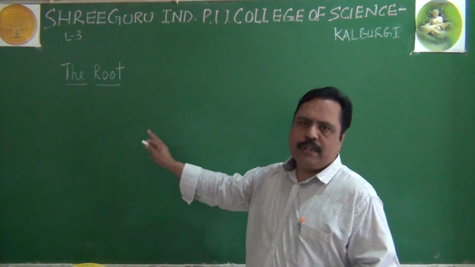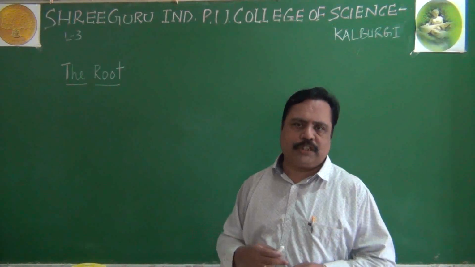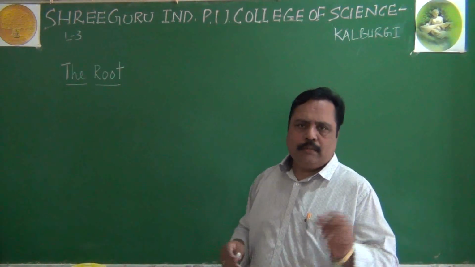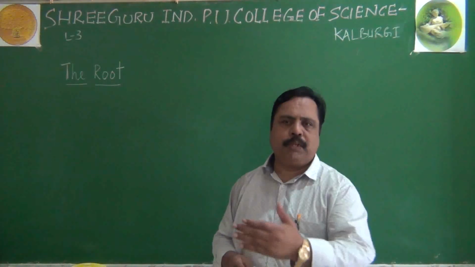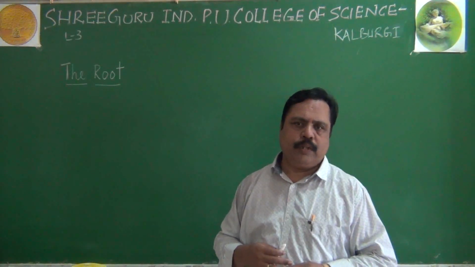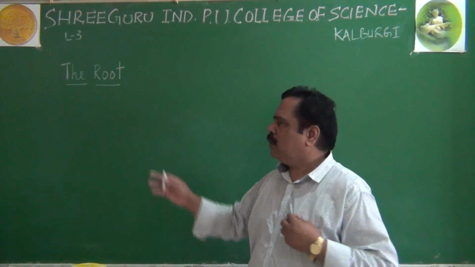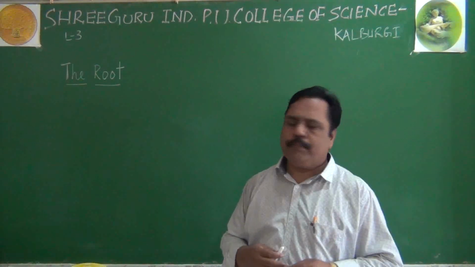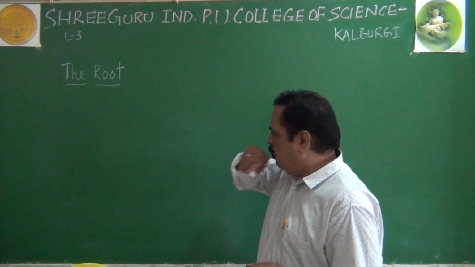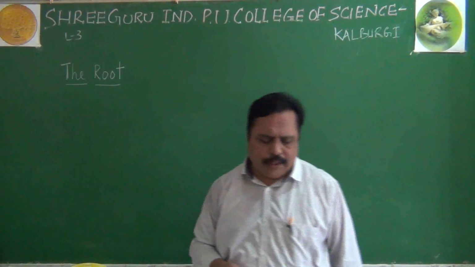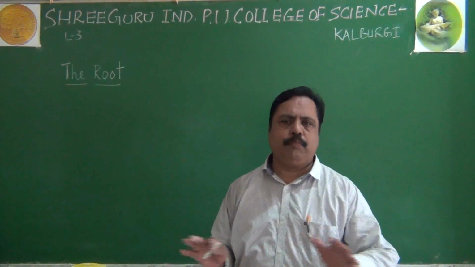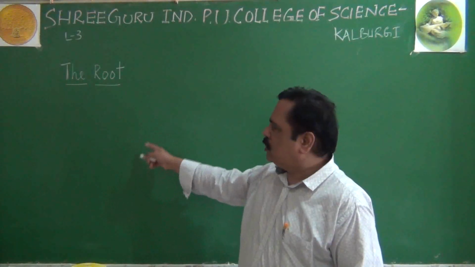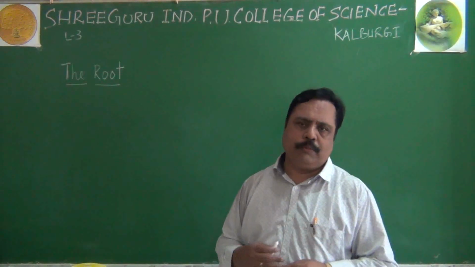Generally they are brown in color because they do not have chloroplast in them. And the roots will not exhibit nodes, internodes and other buds, it will not show. Apical bud will be there, but there won't be other type of growing tips like growing buds. In addition to that, the root will not be undergoing any photosynthetic function also. Generally, the roots are underground part, you have to remember.